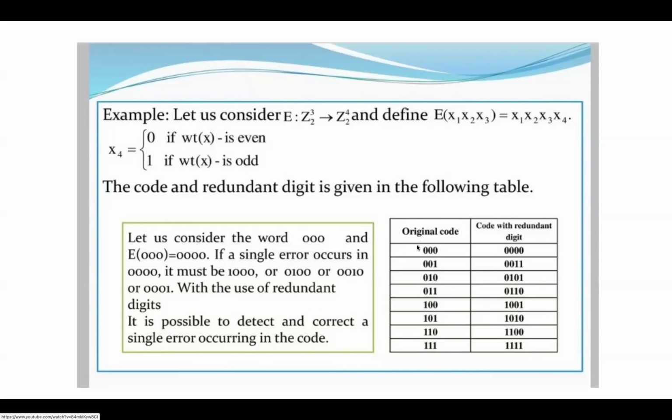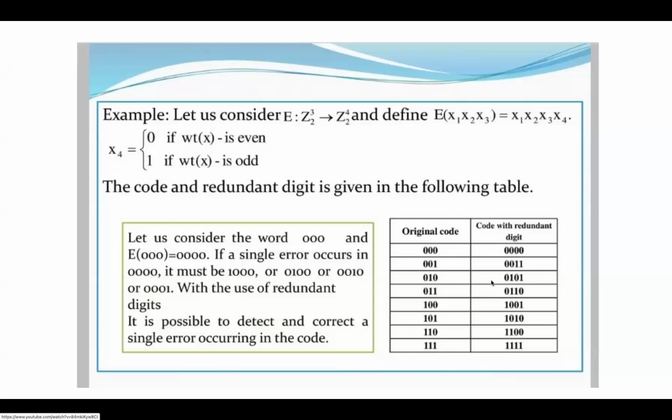Okay, it is the original code and the code with a redundant digit. This concept is mostly there in computer networks. You may have a data communication subject maybe next semester.